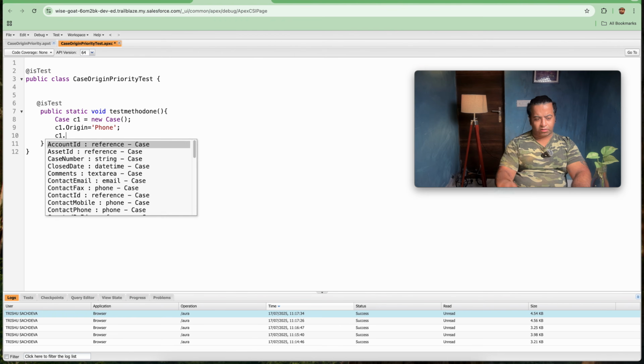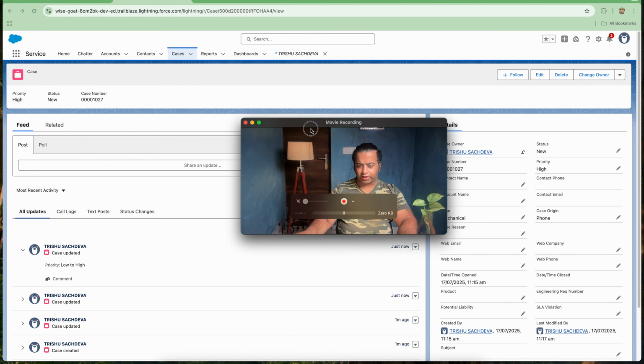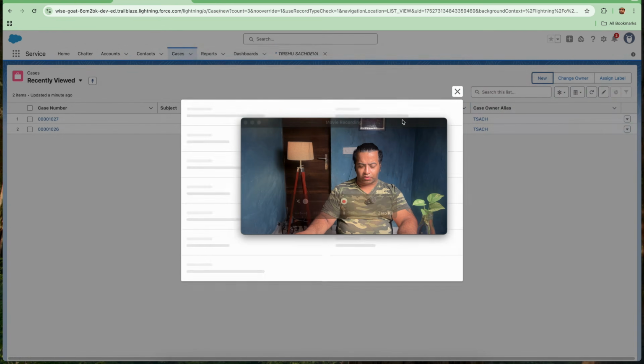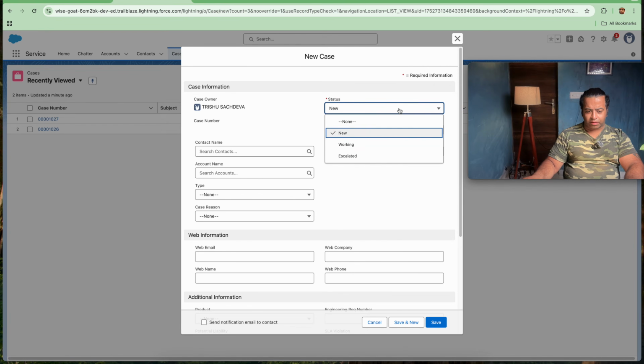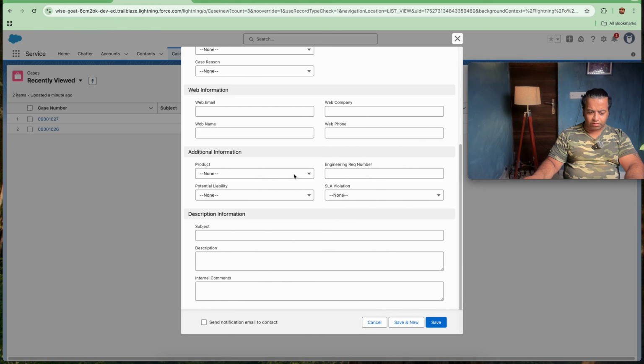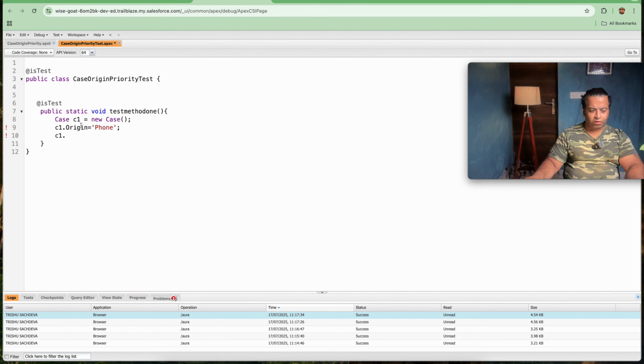c1 dot, what is the second field that is required whenever we are creating a case? So we will go to the case again, click on New, and check the required fields. One is Status that is required. So c1.Status equal to New.